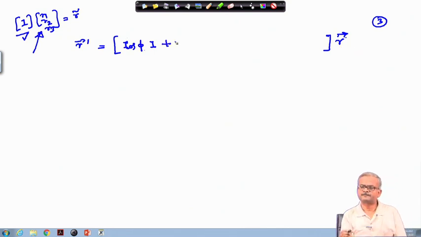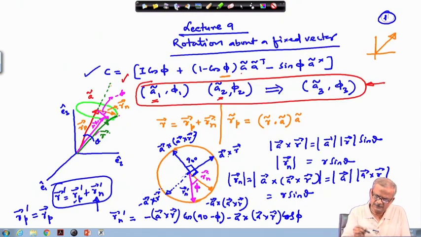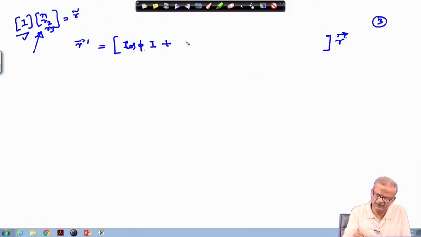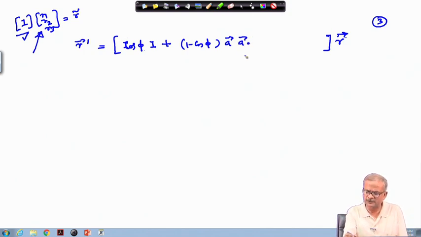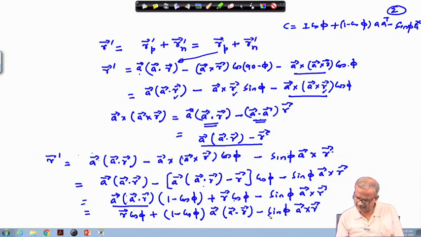The next term, once we go for this term, this is 1 minus cos phi and A dot r. So, here 1 minus cos phi A times A dot r. Here we will write this as a dot, and this quantity, as we will show, is equal to A tilde transpose. r we have taken outside. So, this is operating on this r, and thereafter this particular term a cross r.